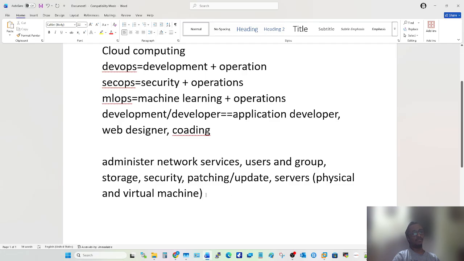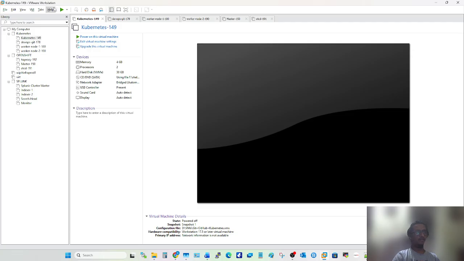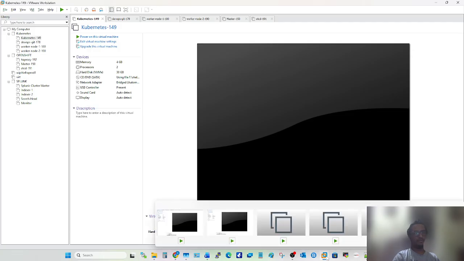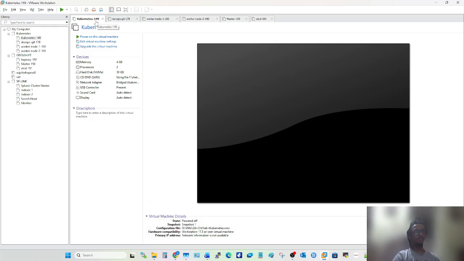For this we have the VMware Workstation software installed in the operating system, and in that operating system we have installed multiple operating systems.